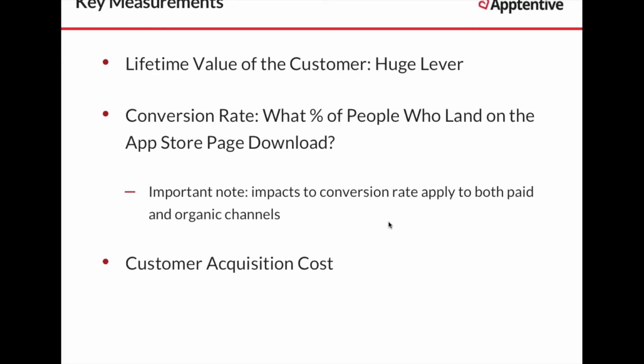The third piece of this is the customer acquisition cost. And so this customer acquisition cost can be calculated based upon